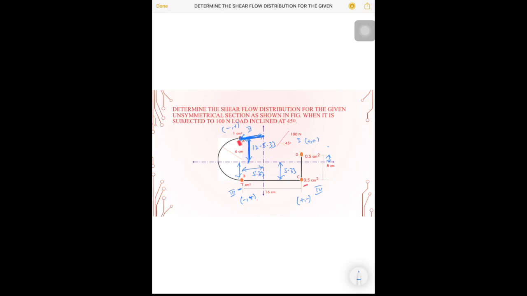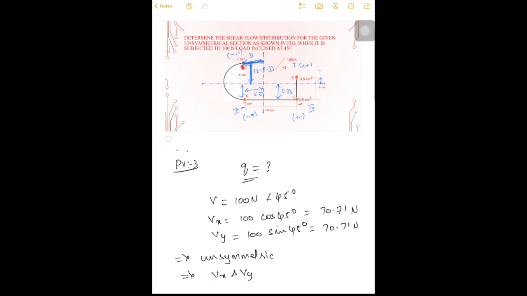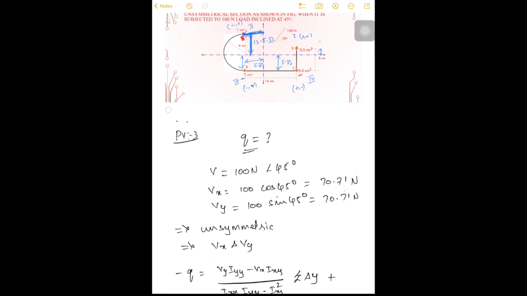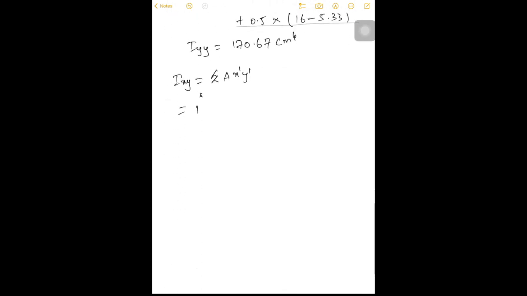It lies in the second quadrant, that is the x value will be negative and y value will be positive. Into x value negative, minus 5.33, and y it is 12 minus 5.33